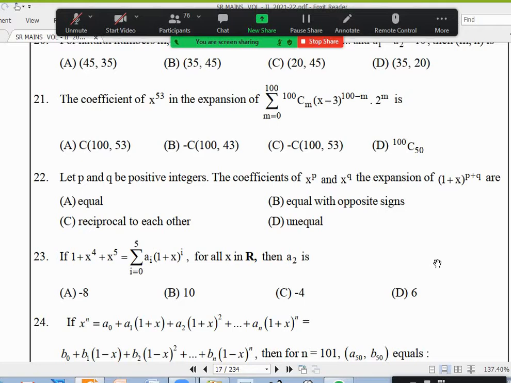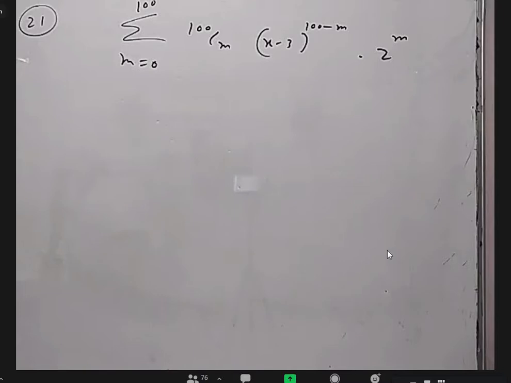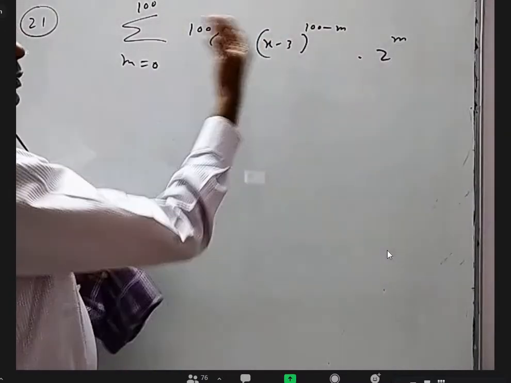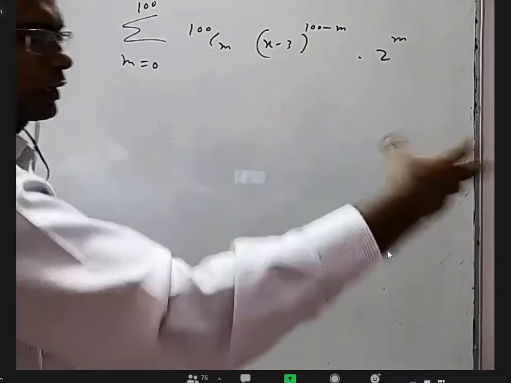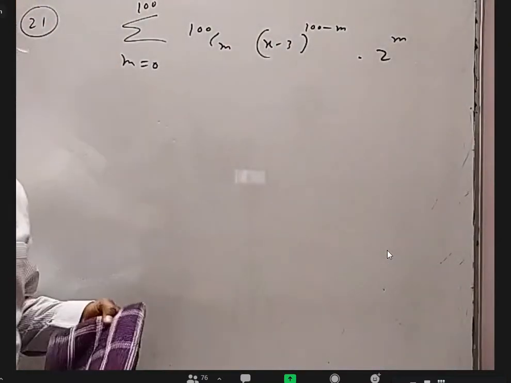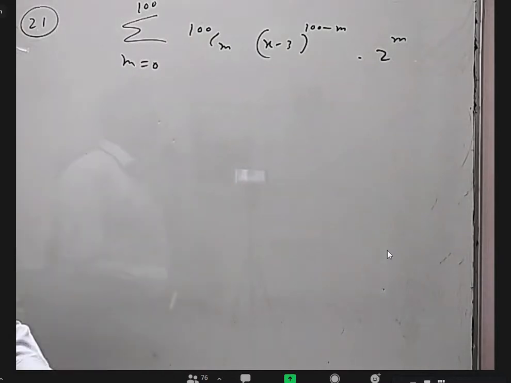Sigma m equal to 0 to 100, 100 C m (x minus 3) to the power 100 minus m, 2 to the power m. In this, they want the coefficient of x power 53. If we actually expand the sigma, you will get many binomials. Put m equal to 1, 2, 3, and you get a sum of many binomials. In each one, you'll get the x power 53 coefficient, and you have to add all of them. Instead of that,